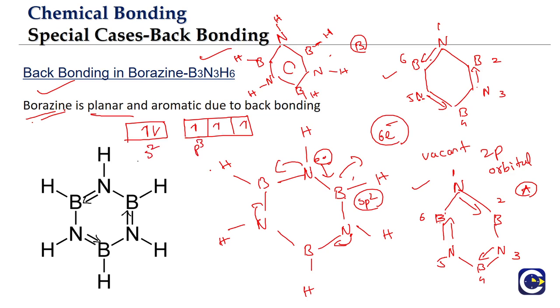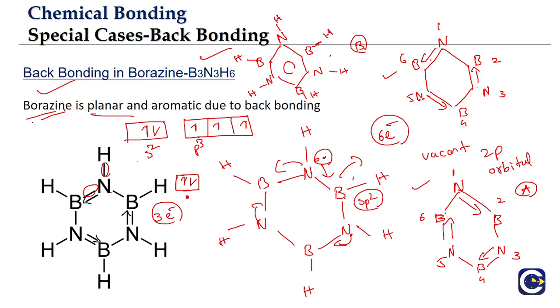So here nitrogen also will undergo sp2 hybridization, where it will leave the lone pair of electrons in the p orbital that is not used for the hybridization. So we will have 3 electrons, 1 in each of these sp2 orbitals, because you can see here there is an sp2 orbital used for the